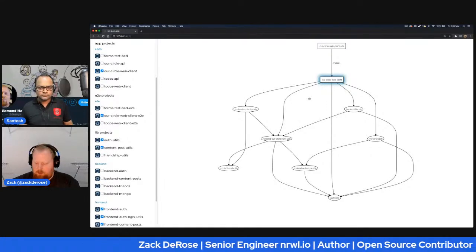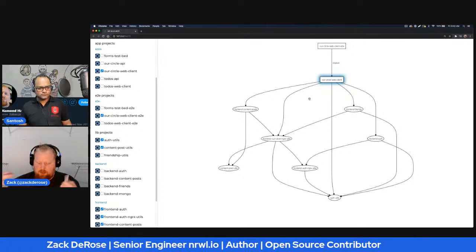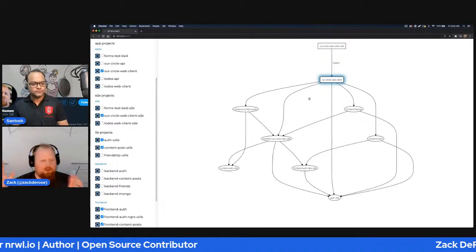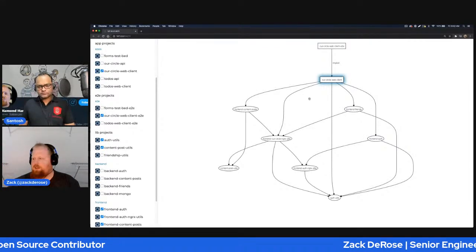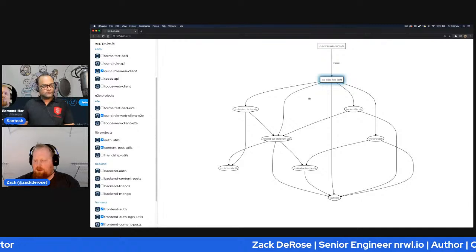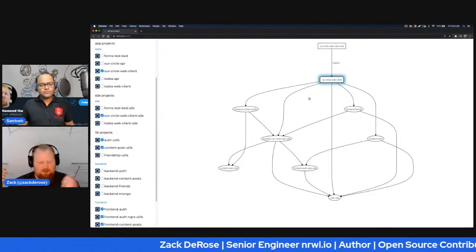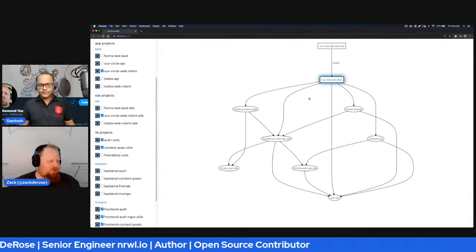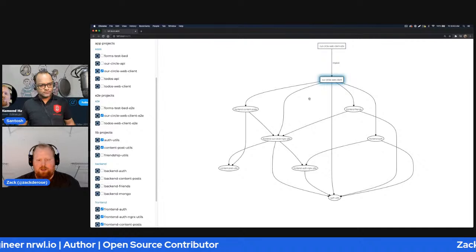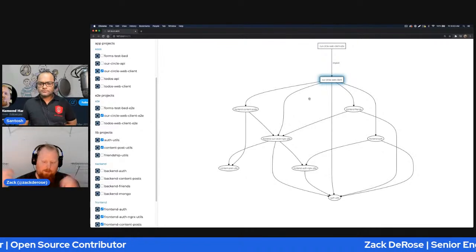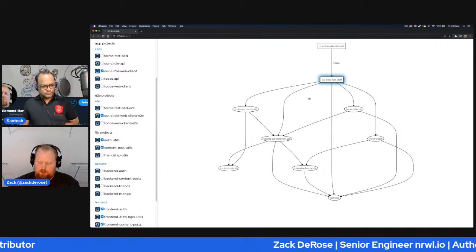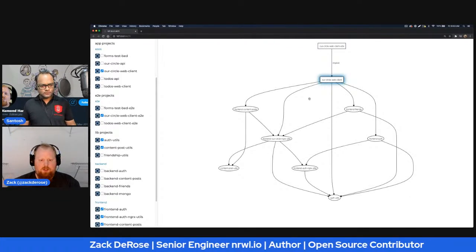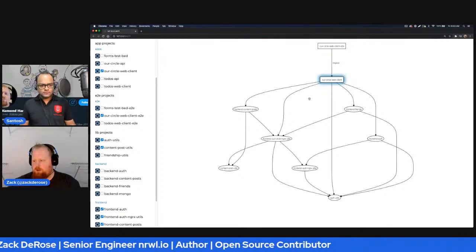But another thing I wanted to mention real quick is the extensibility of our builders and executors, which are the NX versions, the new NX versions as of NX 11, of schematics and builders. Those words don't mean a lot if you're not in the Angular community, so we tried to make them more universal for people to grasp. But really, the only difference there is the API is a bit simpler.